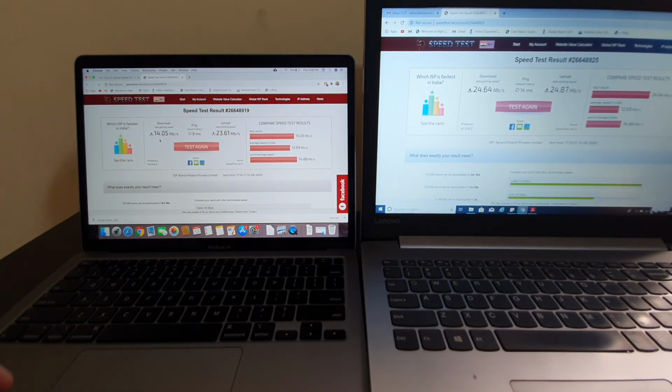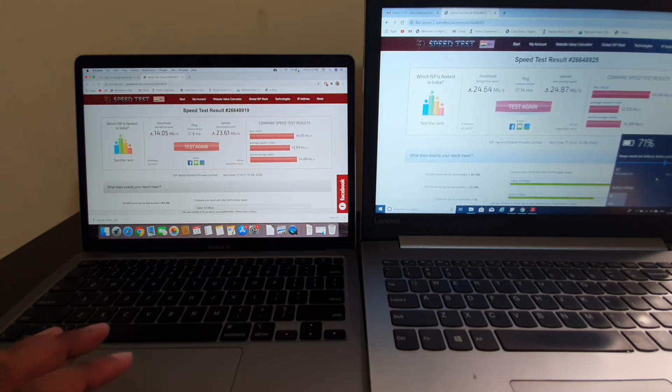The biggest difference between the two is battery backup. In this it is 71%, and I guess it runs 2-3 hours, but I have used the MacBook for 2-3 days. It runs at least 10 to 11 hours a day.